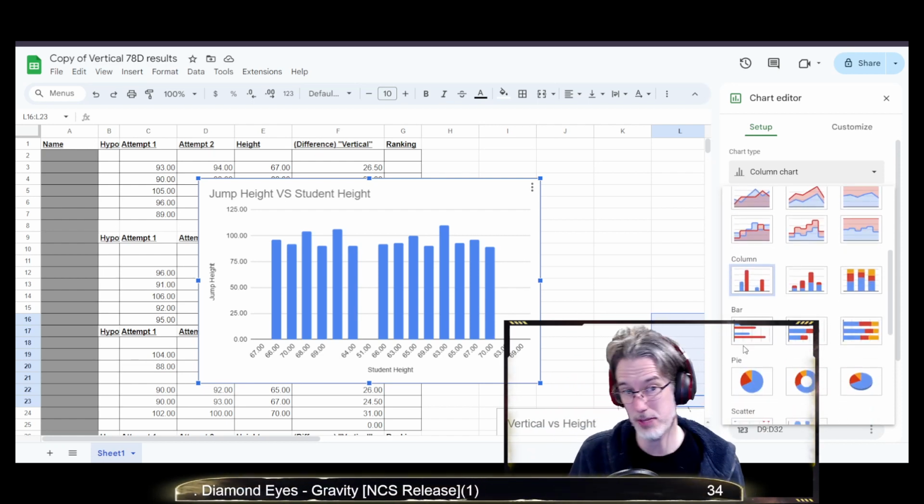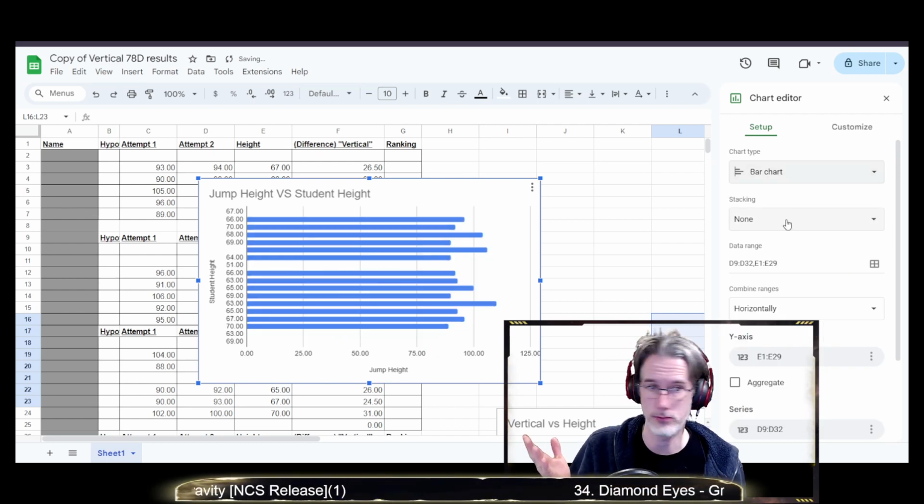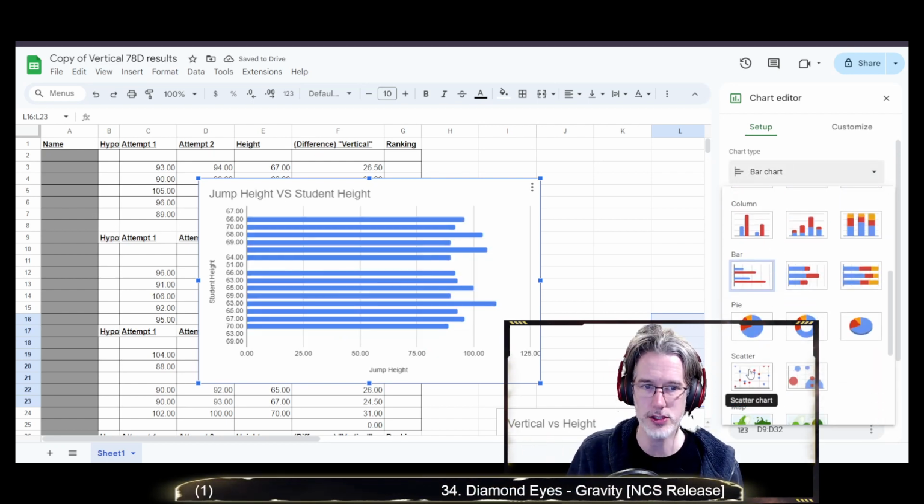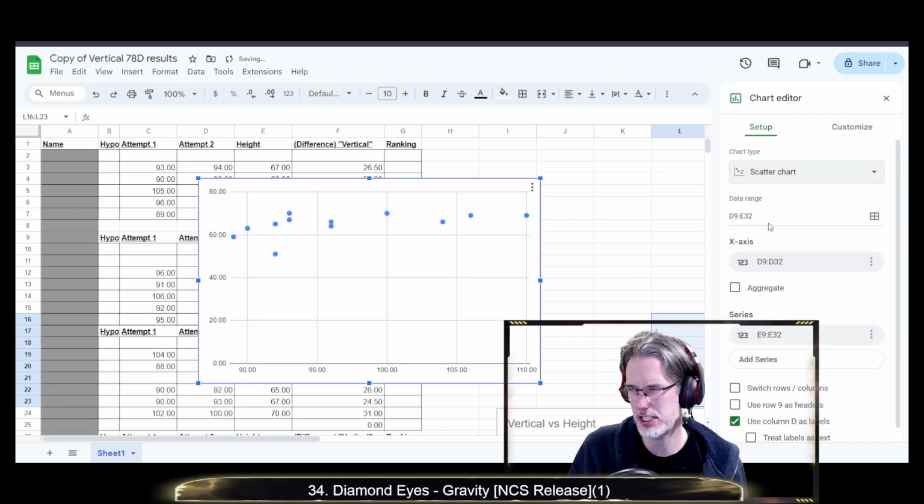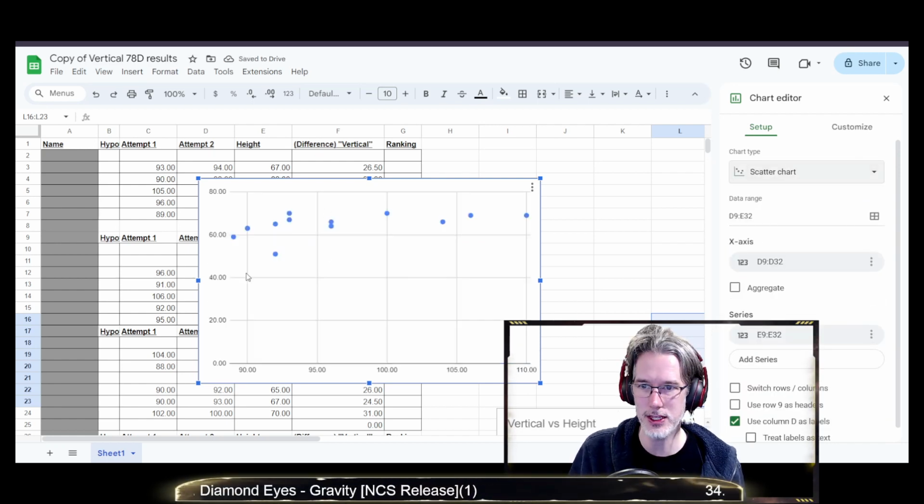And you can also flip it. So maybe you want it on the horizontal. But anyway, this is suggesting we do a scatterplot. So let's give it a try. There we go. See that? So now we've got a lovely little, hey,